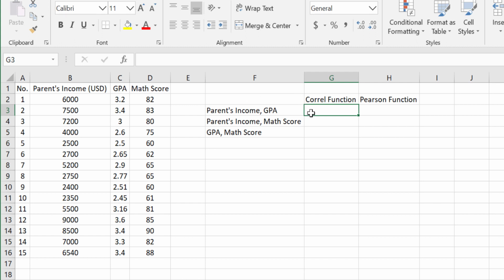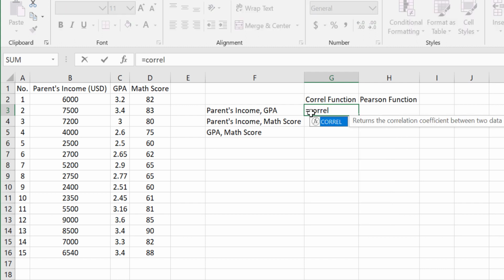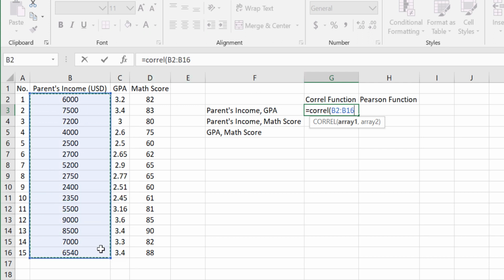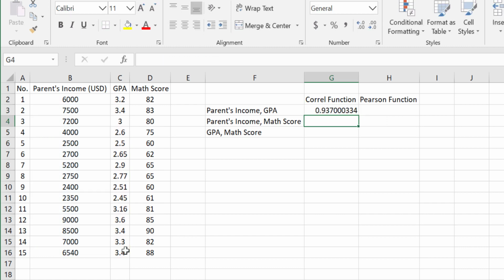To use the CORREL function, let's type equals CORREL and then open the brackets, and let's select the range of the first variable here, and then comma, and also select the range of the second variable. Okay, close the bracket and then press enter. Now we have the correlation value between the parents' income and also the GPA, and the value is